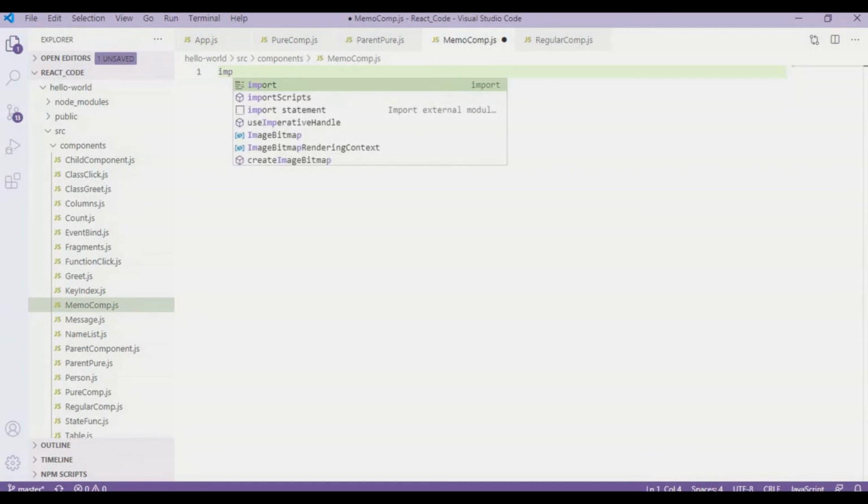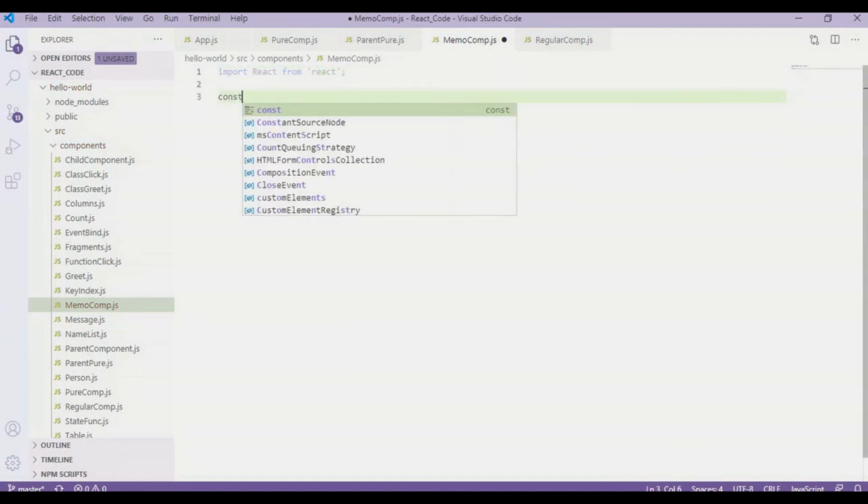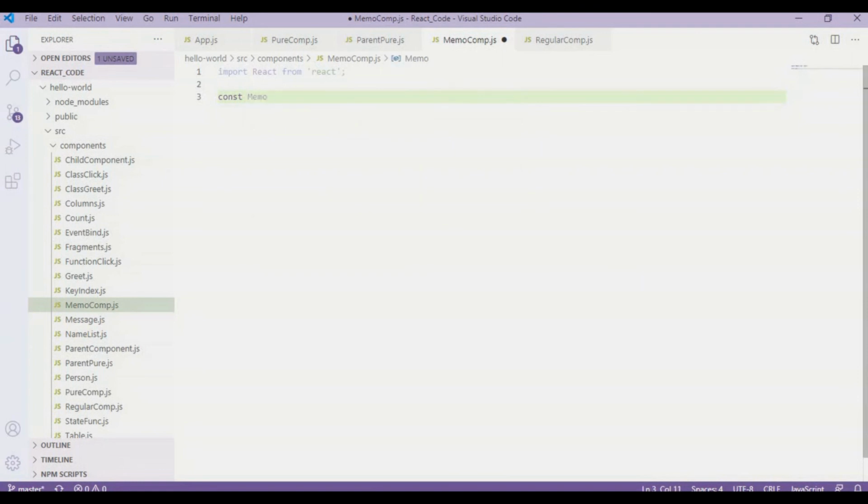So I will import React from React, and then I'll write a function. It will be an arrow function, MemoComp, with the fat arrow symbol, and after that I'm going to have export default MemoComp.